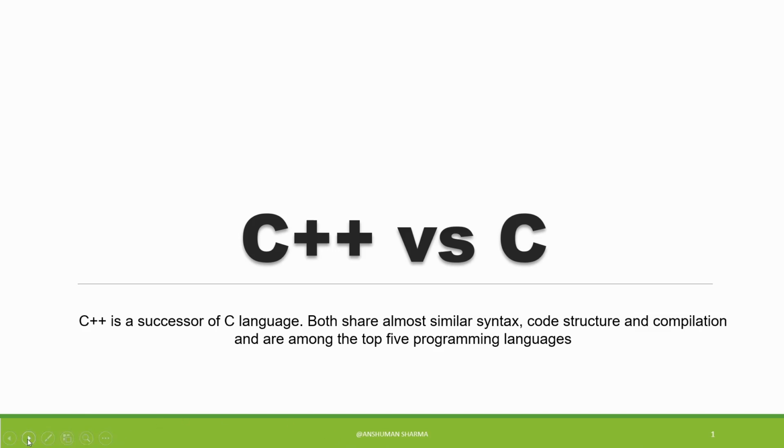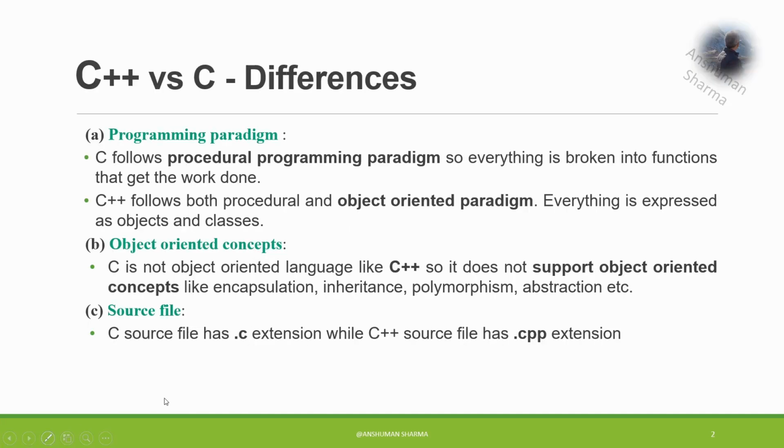So in this particular video we shall be discussing the key differences between the C++ language and the C programming language. Beginning with the first difference, that is the programming paradigm. On this basis we can differentiate between the two, as C follows the procedural programming paradigm. According to this, everything is broken down into functions to get the work done. So the main focus is on creating functions,